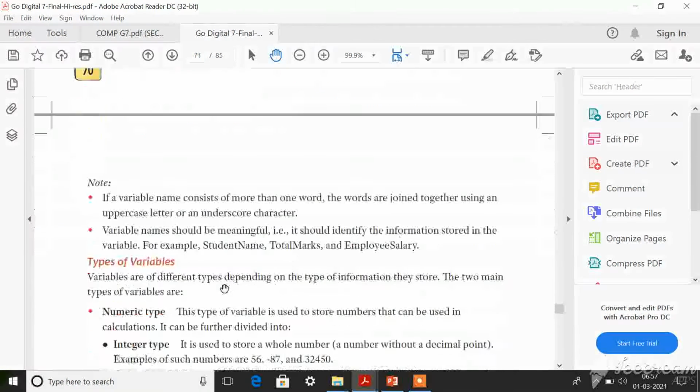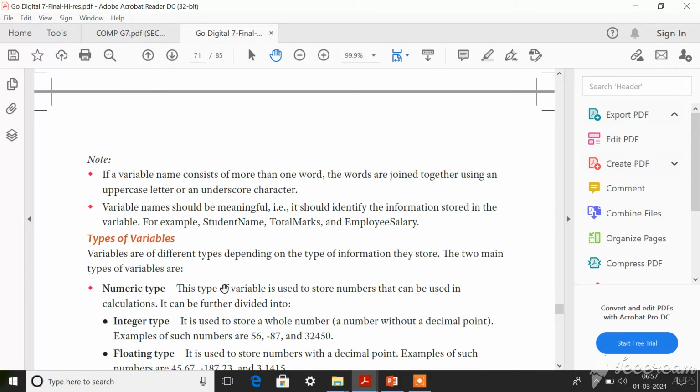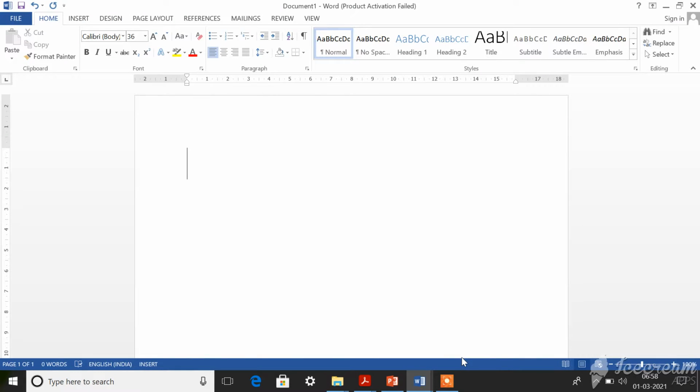Now, they have given a note also, for a variable name that consists of more than one word. For example, you can combine two words together for a single variable name with the help of underscore. You understood? Let me type one variable name with the combination of two words.